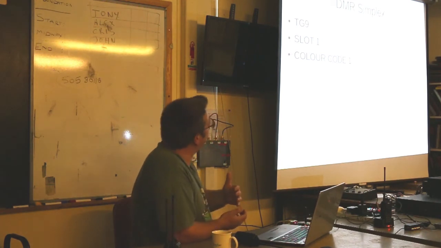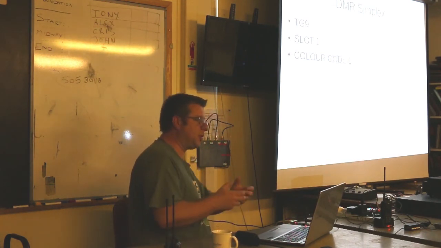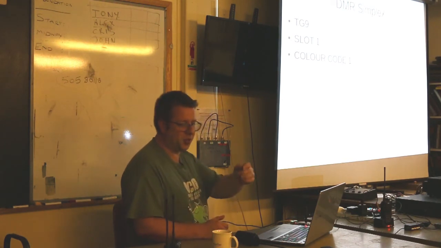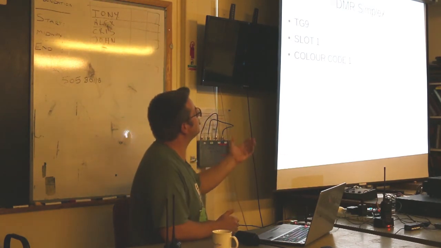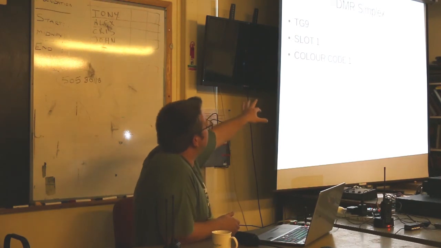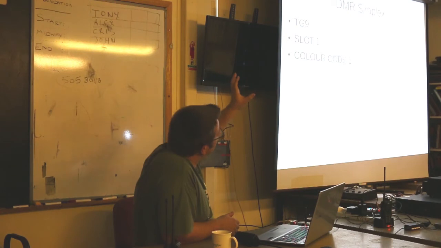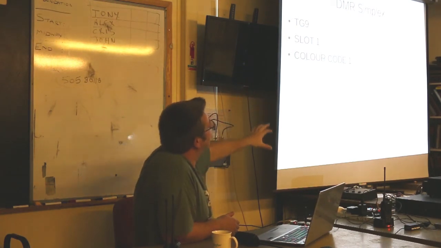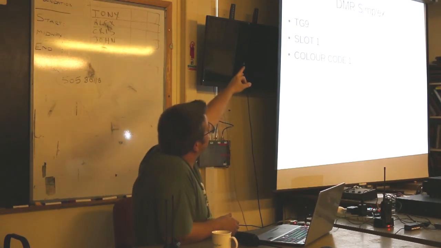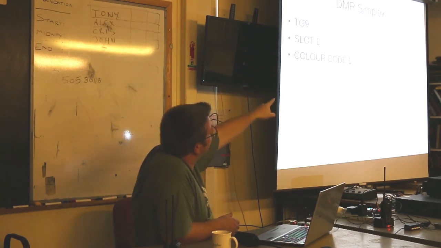However, you've got to meet all the criteria to actually hear someone. Going back to me saying the green light comes on but you don't hear anything if the talk group's not programmed. You don't have to do this, you can do your own thing, but you probably won't hear many people. But this is the UK recommendation for working simplex. So your talk group will be set to 9. You'll use slot 1 and you'll use colour code 1.